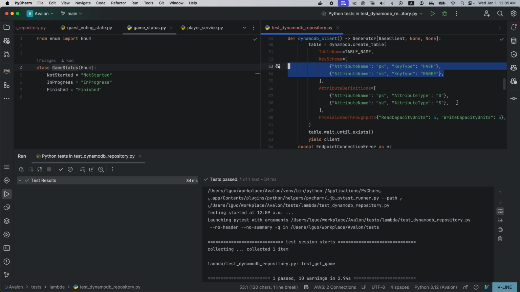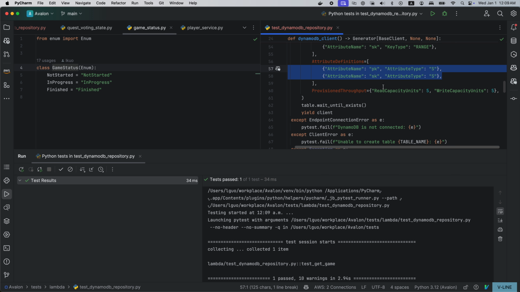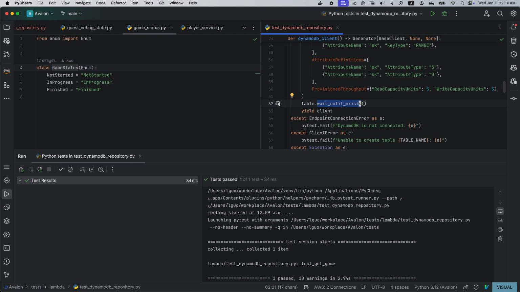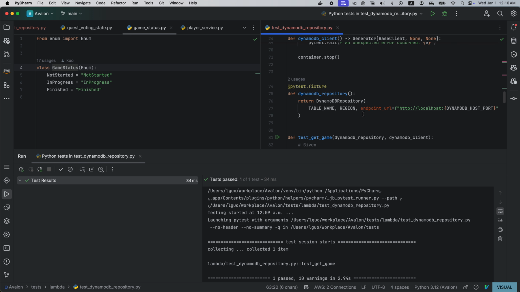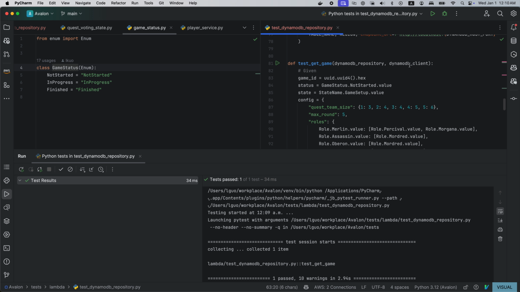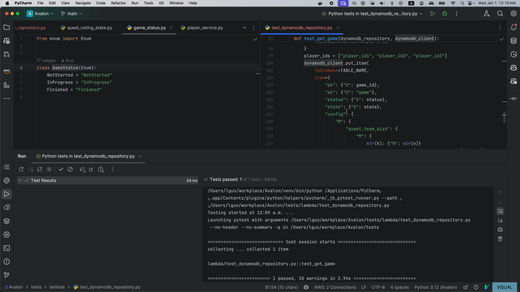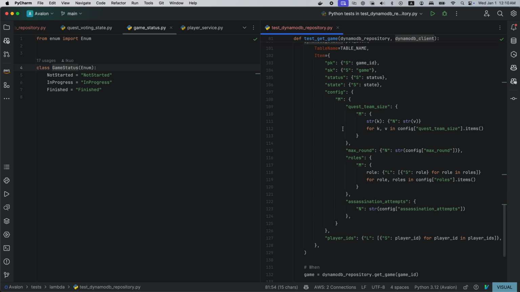Both are string type. Well, these are just default values. We don't really care about it. We wait until the table exists, then we return the DynamoDB client. And in the test itself, we use the client to actually store an item. As you can see, it's rather complicated.